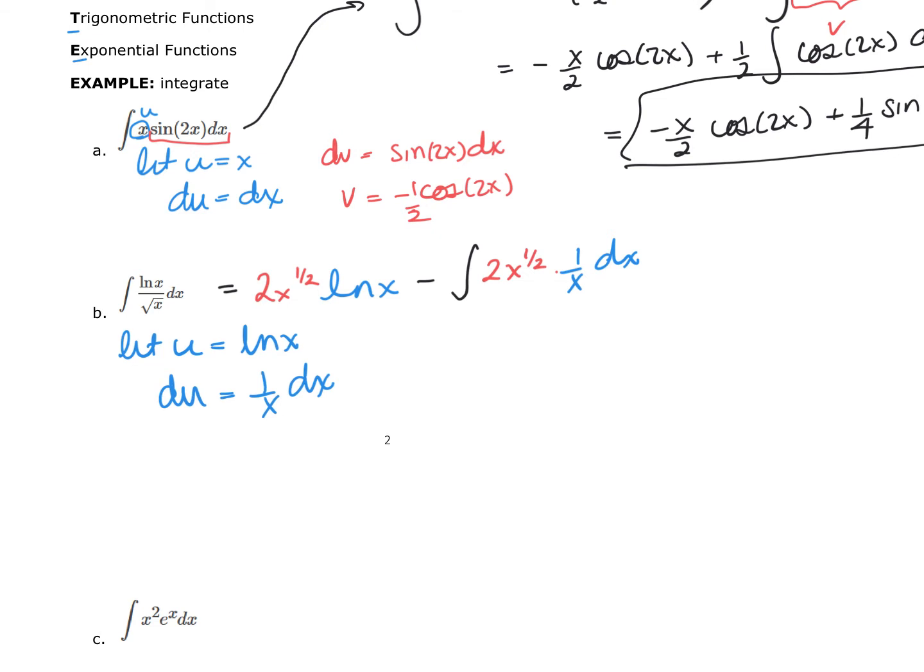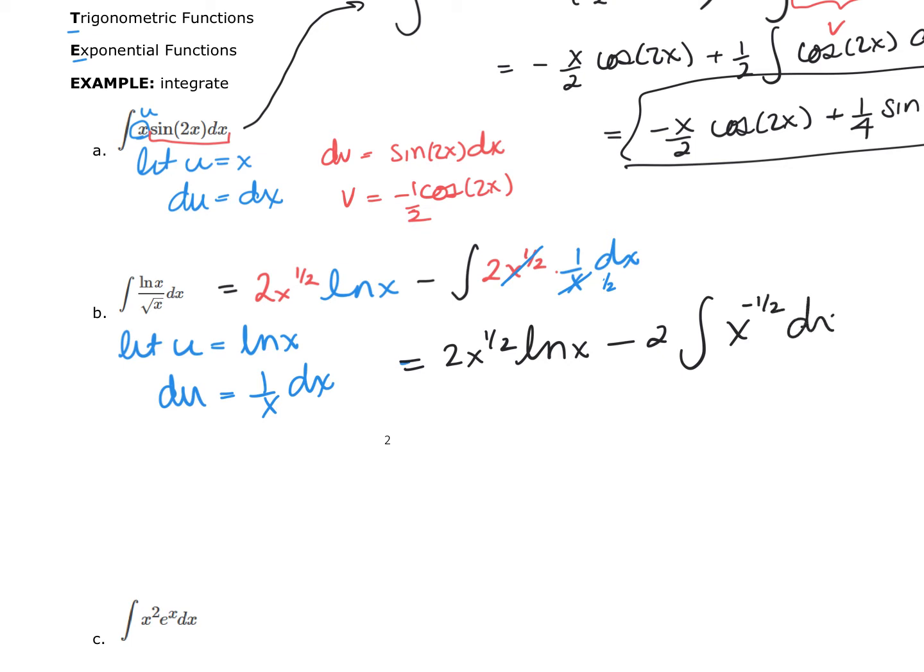Now there's nothing to do with the first term. This is simply just going to be 2x raised to the 1/2, the natural log of x. On the second term, you can see that this x to the 1/2 and this cancel, so it becomes x raised to the 1/2 in the denominator. Which means that minus, I'll bring that 2 out. This is x raised to the negative 1/2